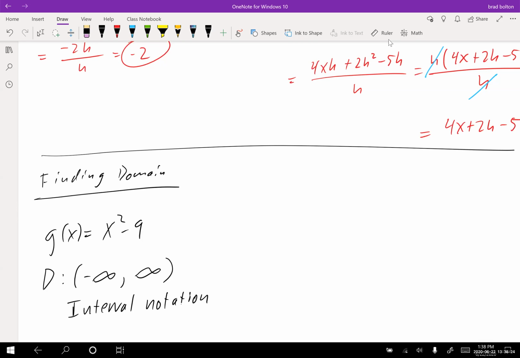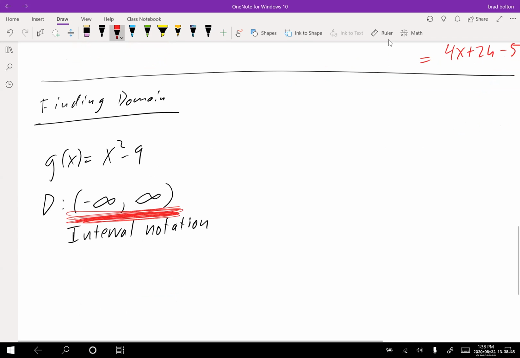Also, I want you guys to understand that as long as the answers run from negative infinity to positive infinity, the domain is all reals. Another way to say it is all reals or all numbers. Okay. So